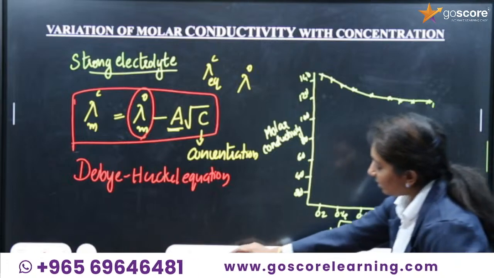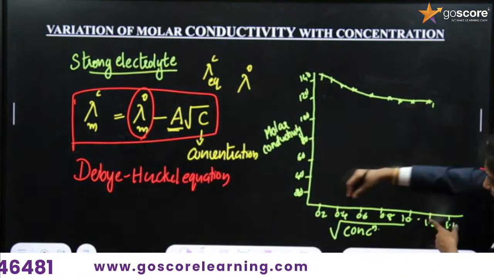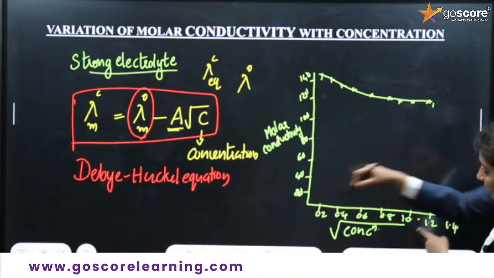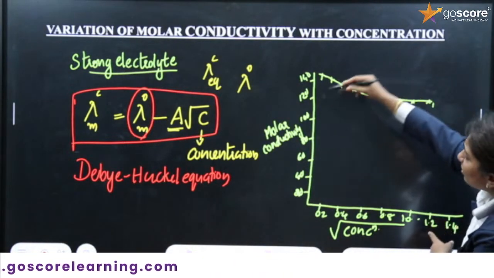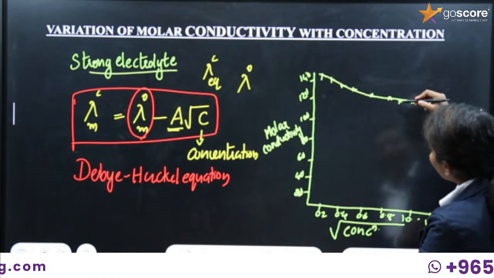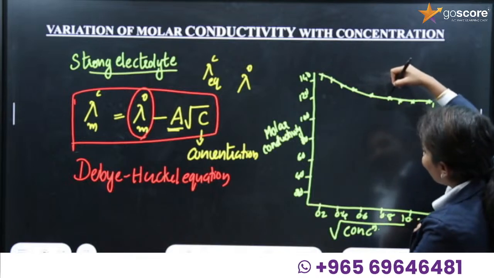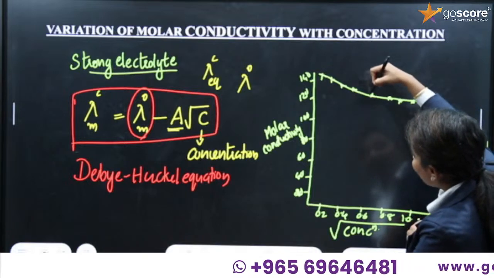You are decreasing the concentration from this to this, right? There is no large difference in the molar conductivity, only a slow decrease, and you can see that here the graph is not linear,